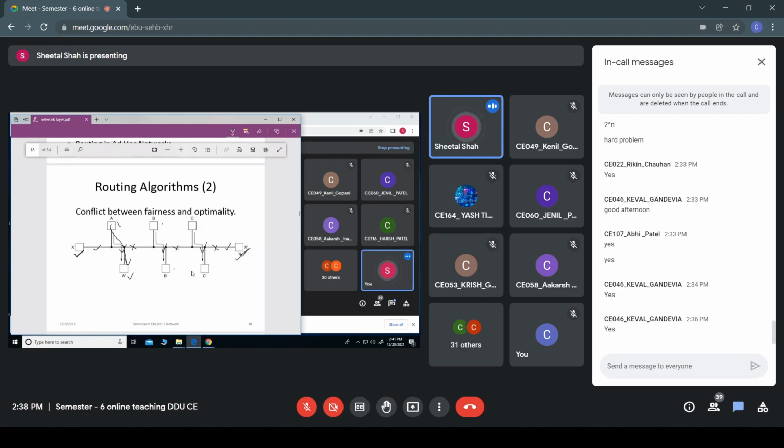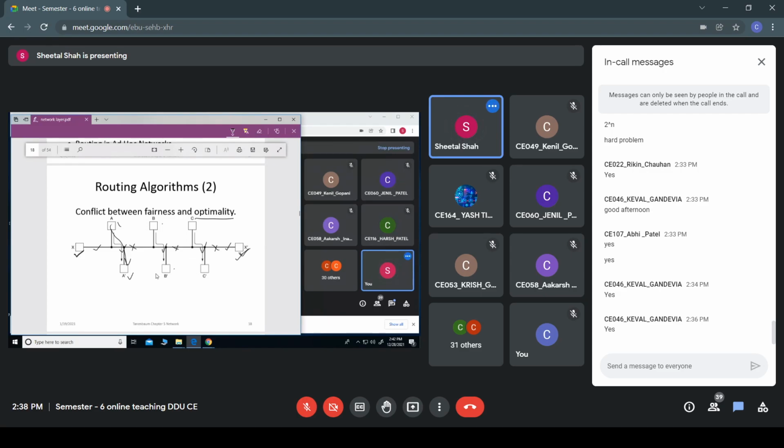So that means sending packets between these hosts is optimal, but it is not fair because X and X dash are not able to send any packets to each other. Whereas if it wants to keep things fair, then it has to make some compromise with this optimality. Is this clear, everyone?